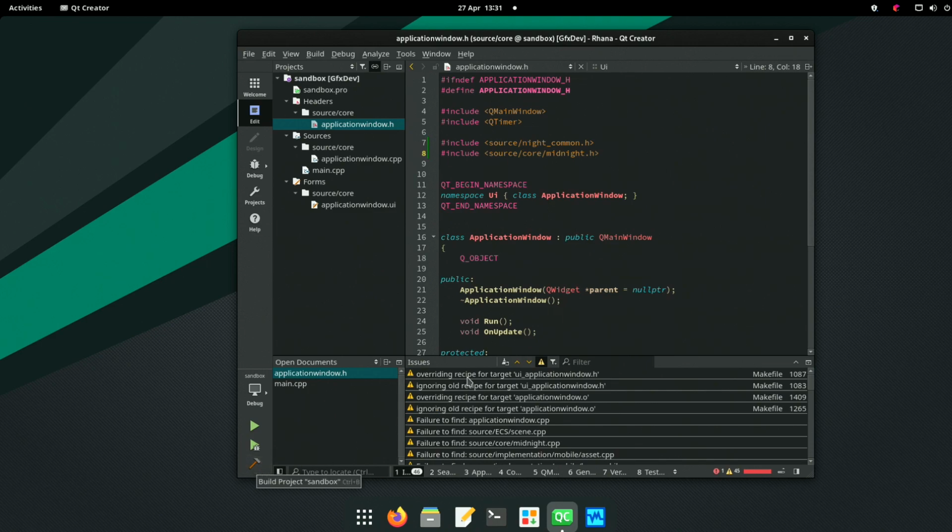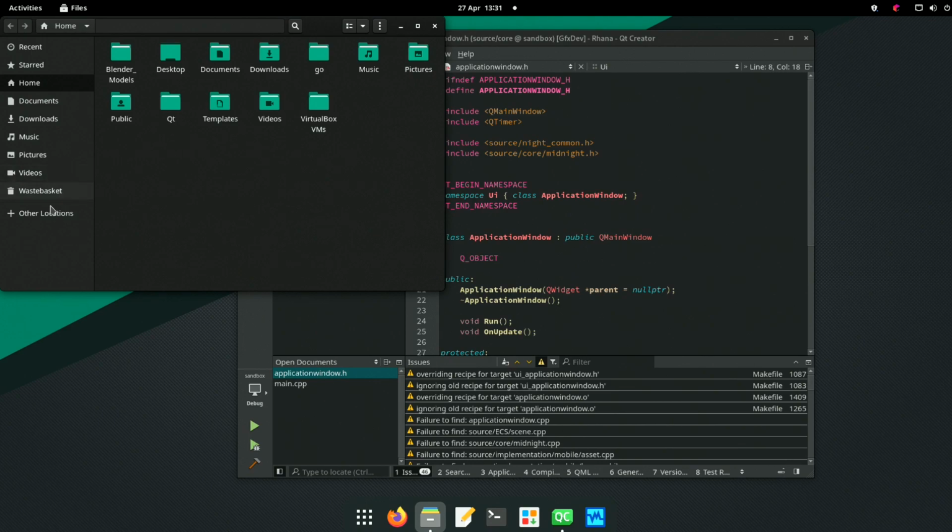Okay, this target UI is not good. Okay, I need to look inside there, so let's go and do that.